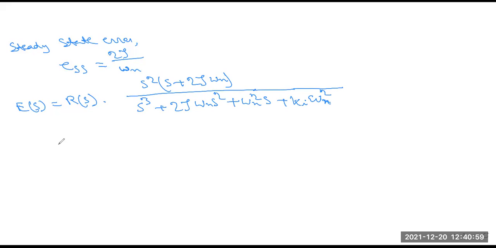So we know that this is the parabolic input we have to apply in the third order system, that is 1 by S to the power cube. So the value, it is